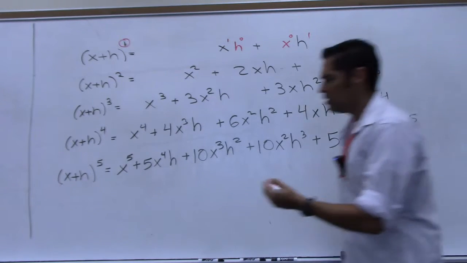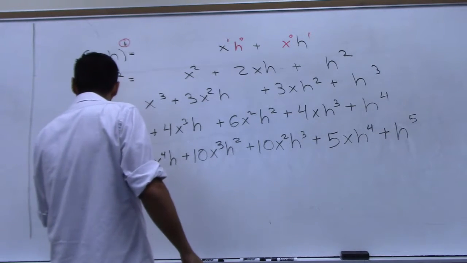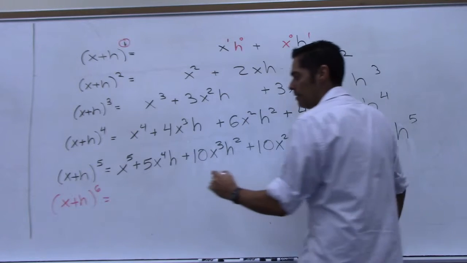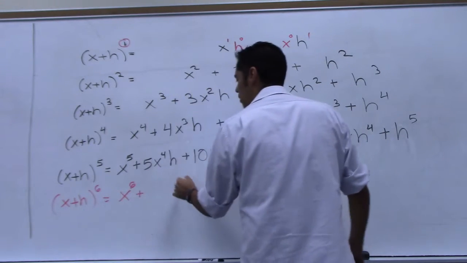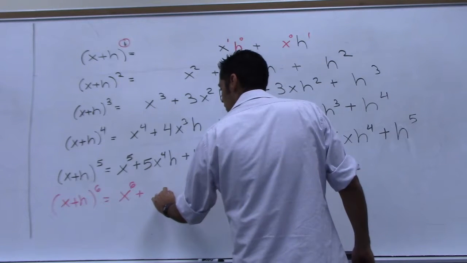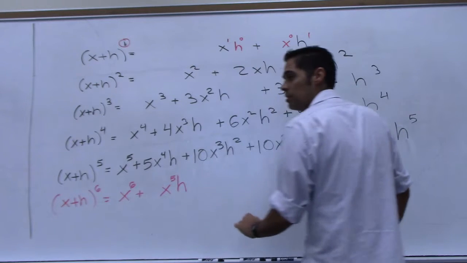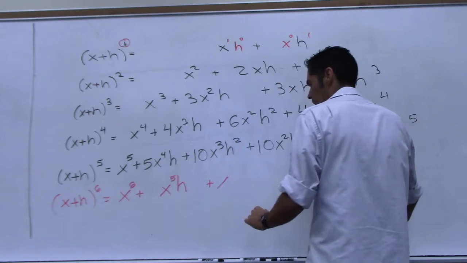So let's look at the next line, x plus h to the sixth. Don't worry about the numbers right now. Just tell me the x powers. What would I have? x to the sixth plus, I would have some number in here. I don't know what it is. Then x to the fifth h. And then plus, what would the next one be? x to the fourth